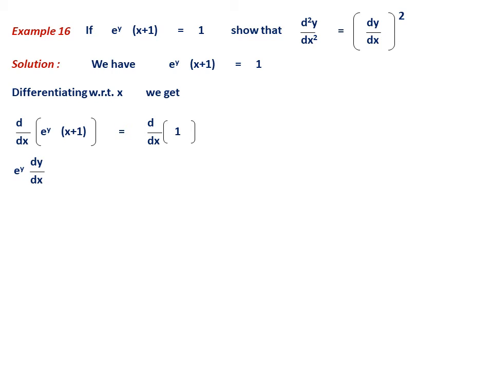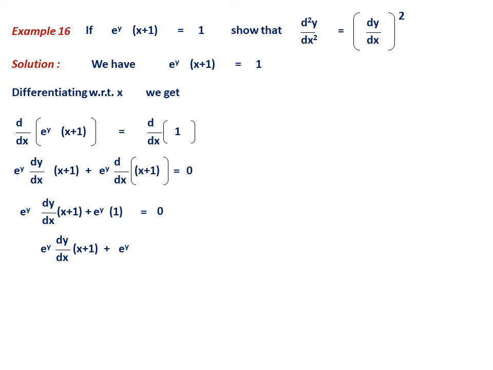In the left side you use product rule. So e power y as it is, then dy by dx. The differentiation of e power y is e power y into dy by dx, chain rule, into x plus 1 as it is. That is the first function you differentiate. Second one you keep as it is, plus same thing, e power y you keep as it is, differentiation of d by dx of x plus 1. This is the left hand side, product rule. Then right side, of course, differentiation of 1 is 0. Proceed, e power y, then dy by dx into x plus 1 plus e power y into 1, this equal to 0.